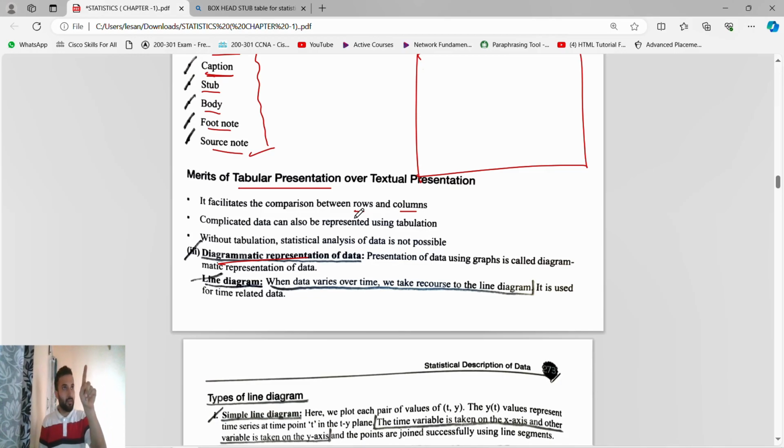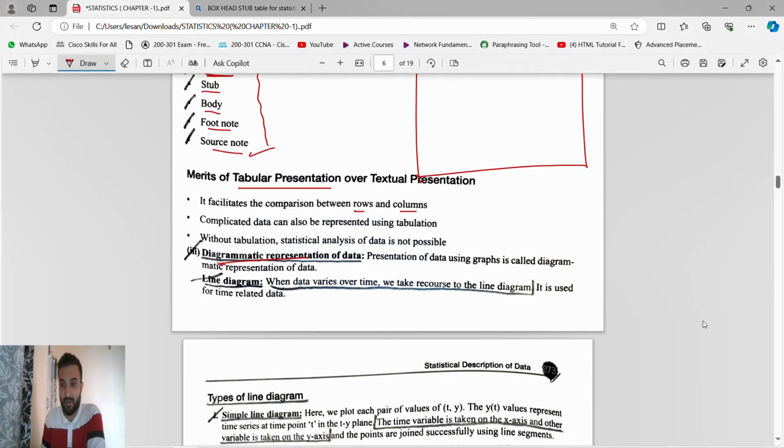Reading is very easy. You will see that okay, the price is this. But for presentation, you have to make 1,000 columns. So tabular presentation is not easy to prepare. Textual presentation is easy to prepare and difficult to interpret. Tabular presentation is easy to interpret, in a tabular form, but difficult to prepare, because if you get 900,000 columns, it is very difficult. So because of that, we have said that tabular presentation also we will not follow.